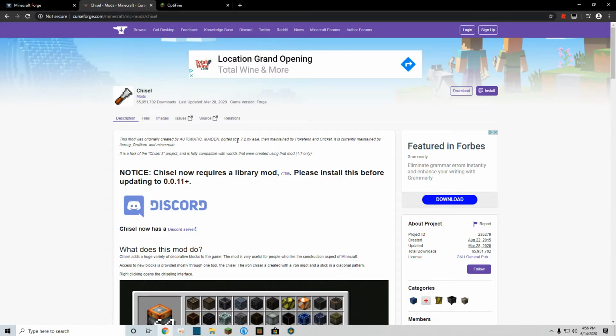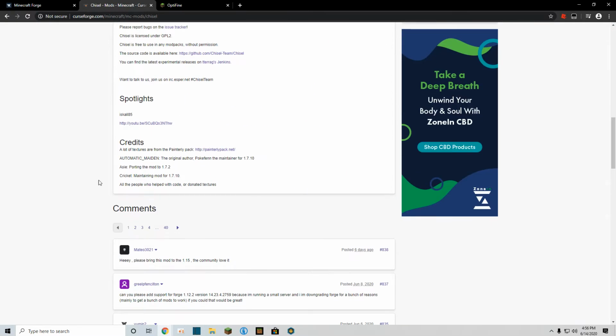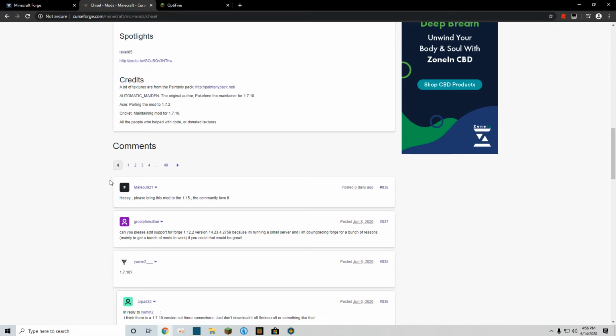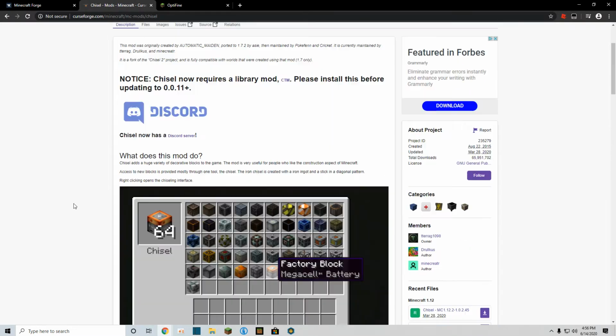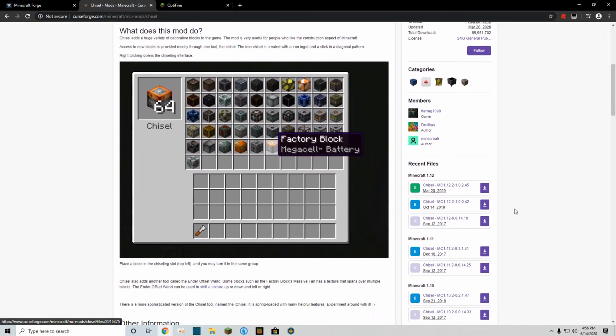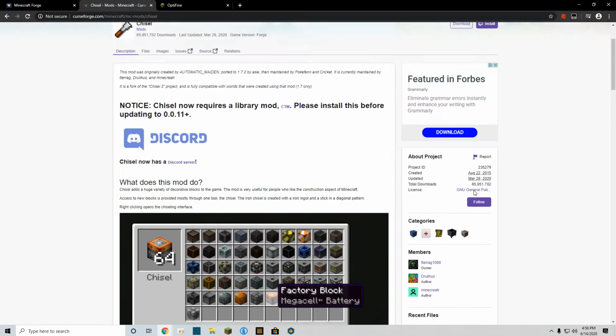Now, you're going to want to go down here and look through it and see which version of Forge it's going to go on to. And the easiest way to find that out is if you go over here to the recent files, it shows which one you're downloading it for. So this one, it says Chisel recent files, and this is 1.12. So now that you know which version the most recent download was from, which is probably the latest version,